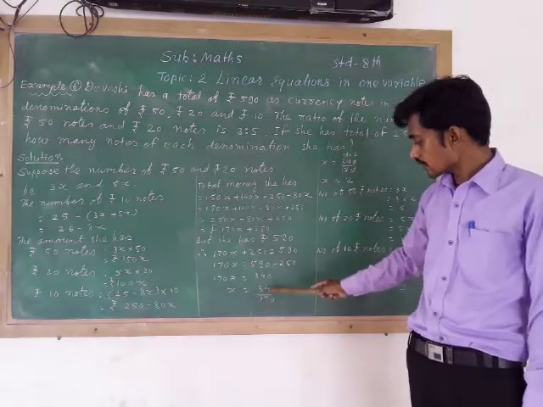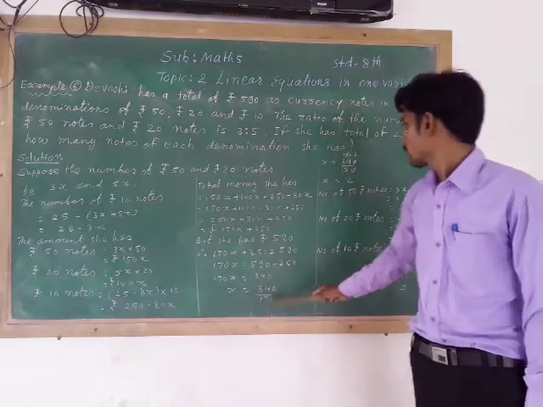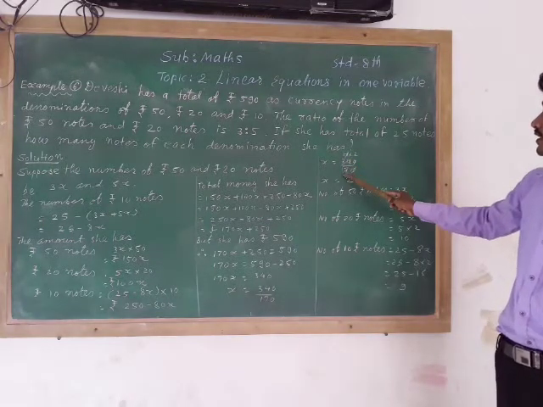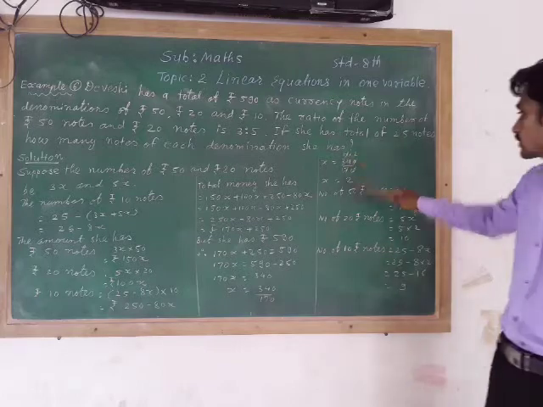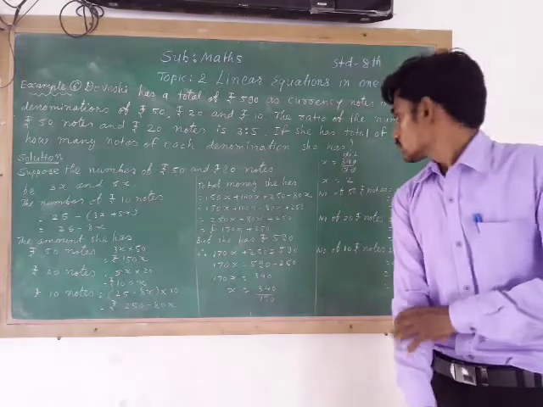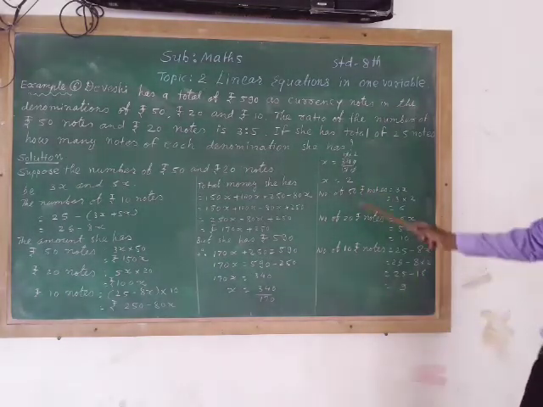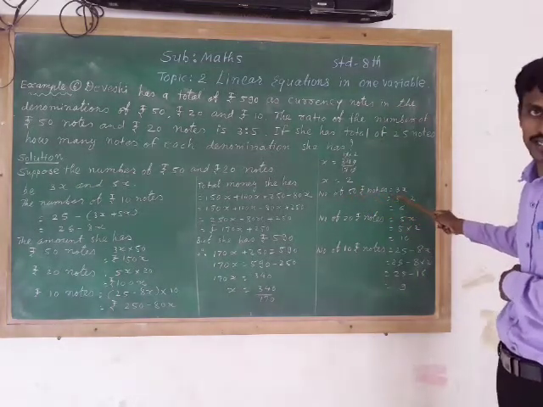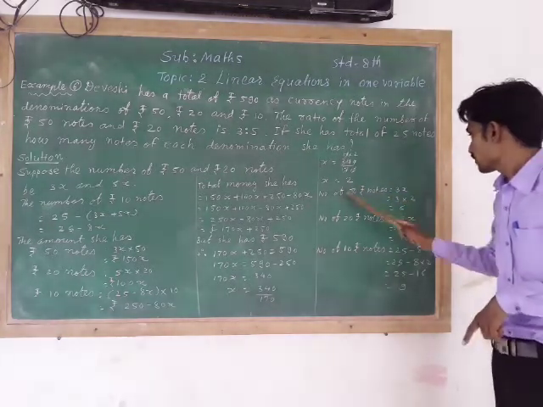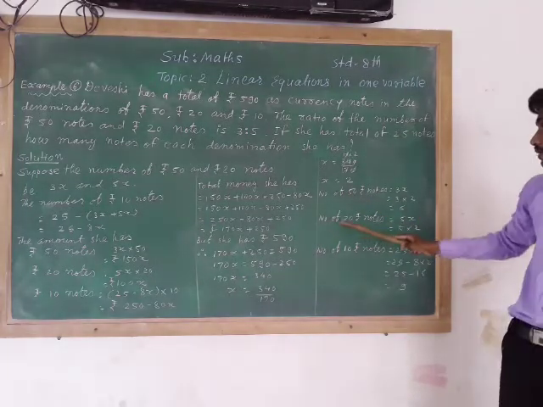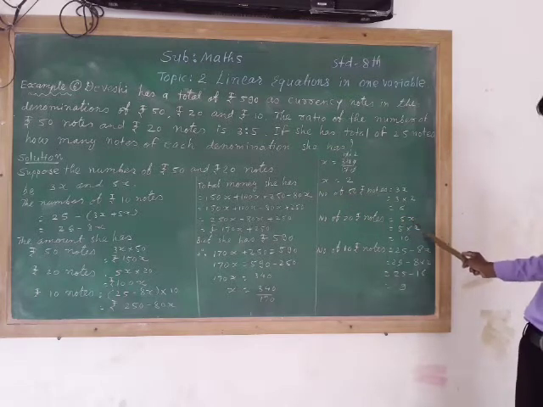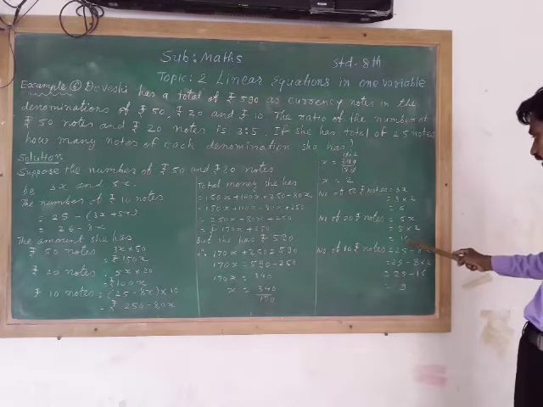So x is equal to 340 divided by 170. 17 cuts 17, and 34 divided by 17 is 2, so x is equal to 2. So the number of 50 rupees notes is 3x. x is equal to 2, so 3 multiplied by 2 is 6. 6 notes of 50 rupees. The number of 20 rupees notes is 5x. So 5x with x equal to 2, 5 multiplied by 2 is 10.